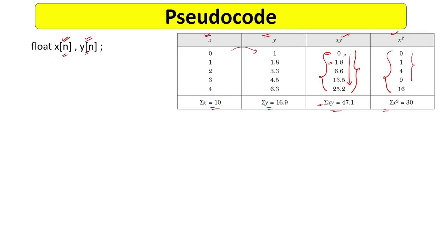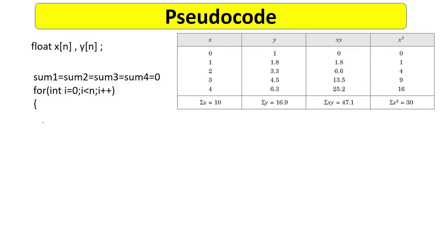So then he will be adding all these values and finding this summation of x square. That means he can take, let's say, another 1D array also, or he can take a complete two-dimensional array also to store all the values. So actually I will not be storing these values in any of the array. I will be directly finding this summation of xy and summation of x square, summation of y and summation of x without storing these values.